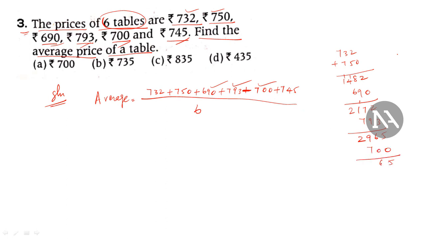So 5, 6, 9 plus 7 is 16. Carry 1. So 3665. Finally I have to add 745. So it is 5, 5, 10. Then 0, carry 1. 6 plus 4 is 10. Then 11, carry 1. So 6 plus 7 is 13. Plus 1, 14. Carry 1. So 4410. That is the sum of all the